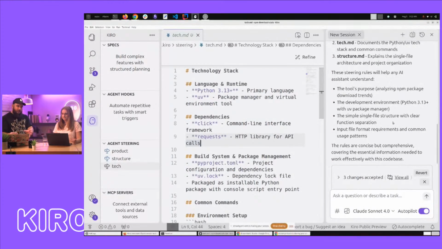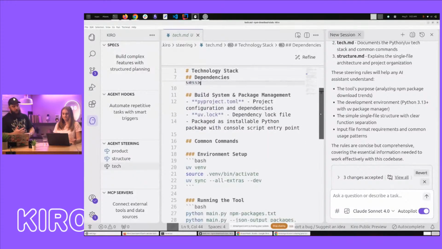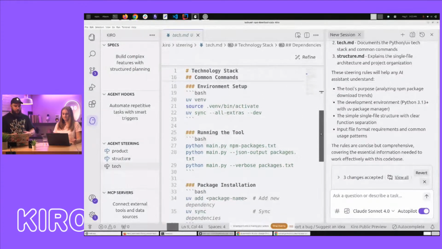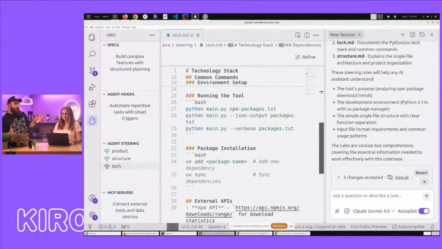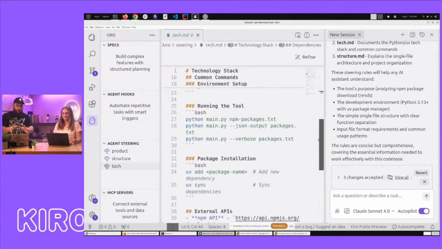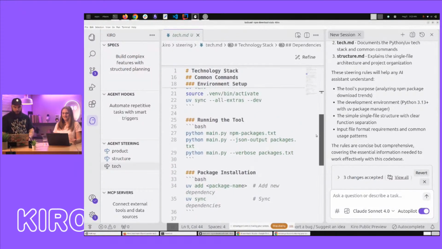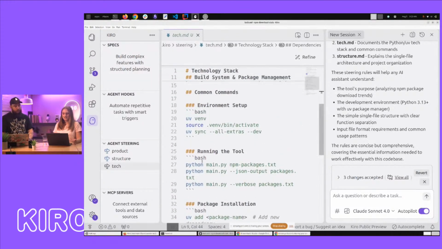And this is very important, specifically when you're using specific libraries, because there may be different request libraries for Python, and if you're just trying to go and add a new feature, it may just decide, you know what, I'm going to use this other thing. Yeah, totally. But when you tell it in the tech stack, this is what you should be using. Yeah, and it's so nice to give me all of these examples too, because I need all of these, especially remembering to activate the virtual environment is actually really helpful for me as a person.